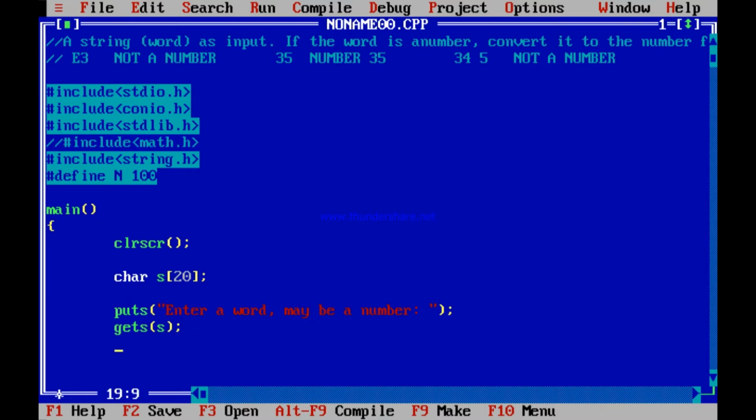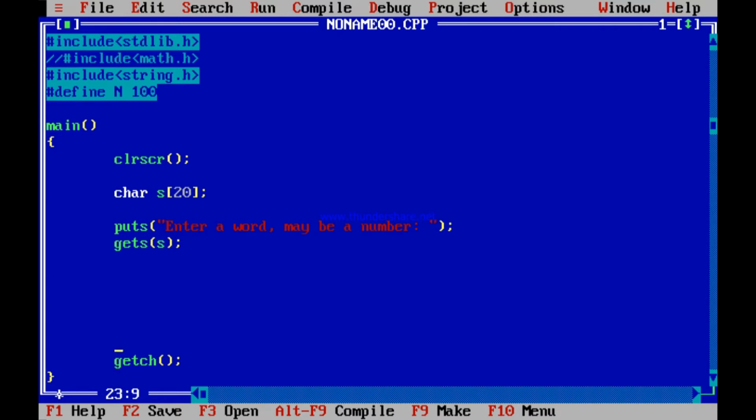Now the thing is how to convert it to a number format. For that, let us have a function. Let me write it as a function. The function name can be convert to number. To that you need to send this s, and expect that it will return to you an integer. The number will be returned to you and you will be able to print that.